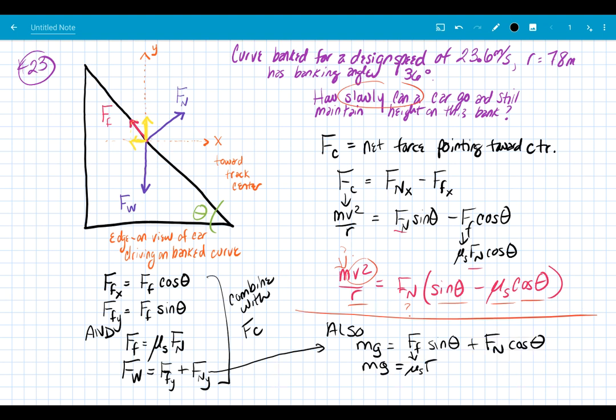Fn sine theta, and guess what I'm going to do? I am going to factor out that Fn again. mg equals Fn times mu s, sorry, that's one term, that looks terrible, mu s sine